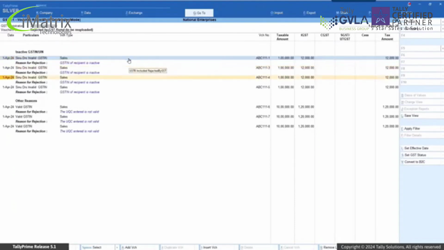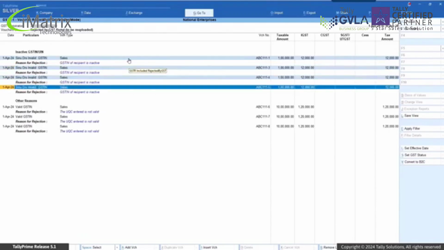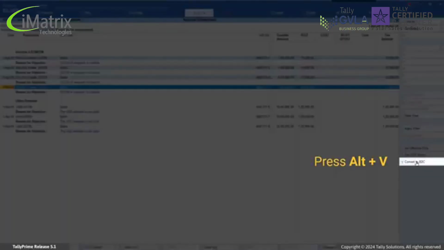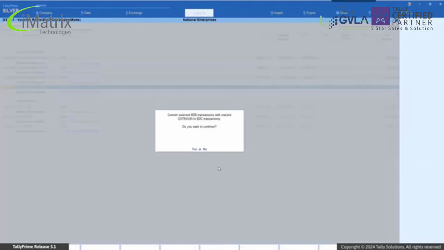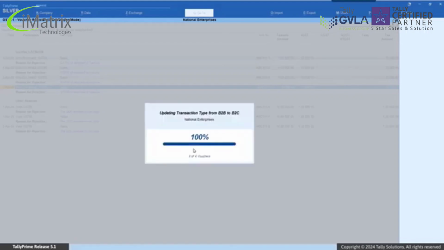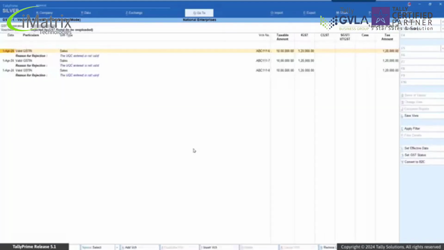Select the required transactions using space bar and press Alt-V to change only the transactions. A message appears asking for confirmation to convert to B2C transactions. Press Y. As you have seen, with Tally Prime 5.1 you can resolve issues with inactive GSTIN UIN quickly.